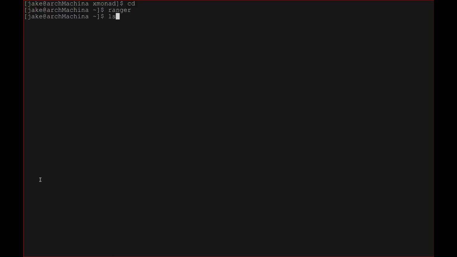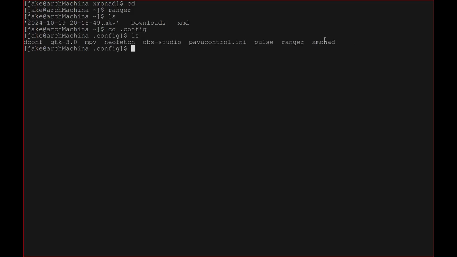So if we do an ls and hit enter, you can see we've got xmd, so it's not going to look for the configuration file in here anymore. It should look for the configuration file we just made in home/.config/xmonad. So let's cd into .config and hit ls. XMonad, just to verify everything's in the right place. So let's cd into xmonad and do an ls. We've got our xmonad.hs. So let's go ahead and do xmonad --recompile